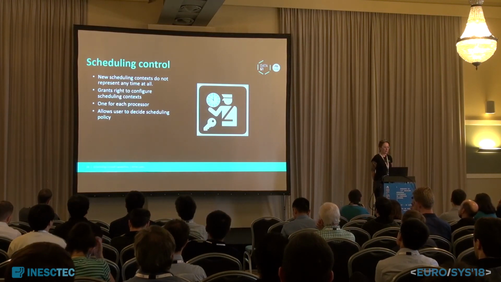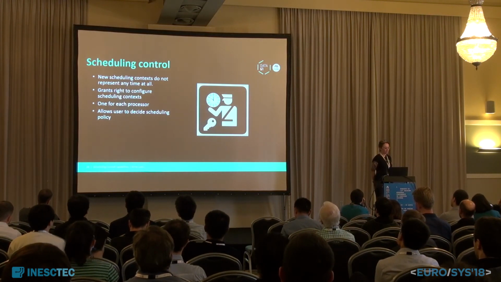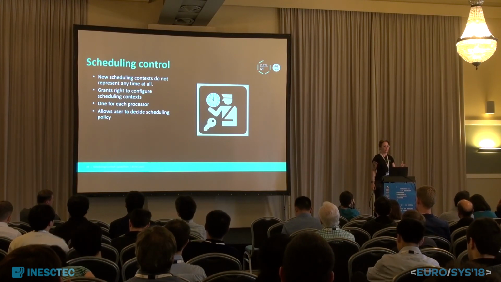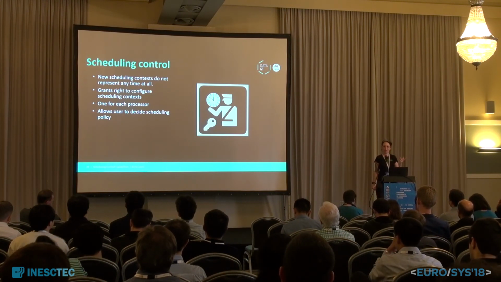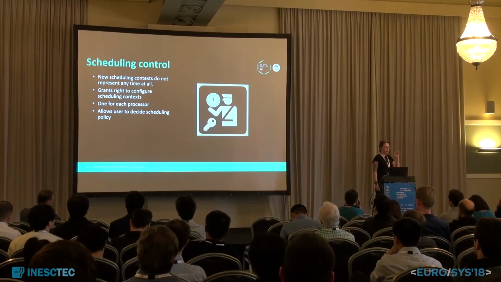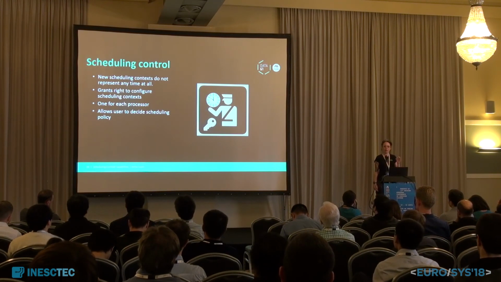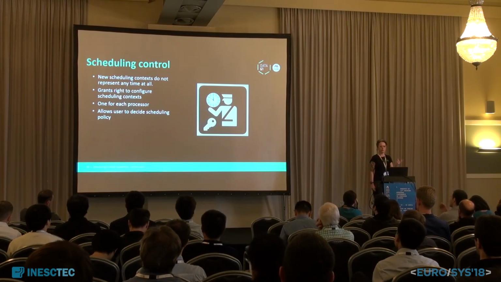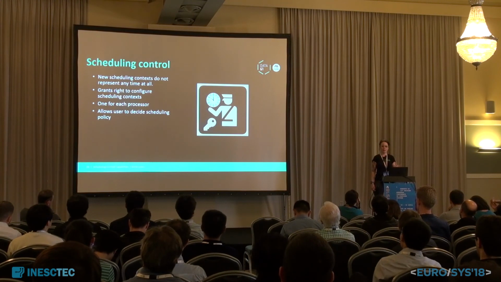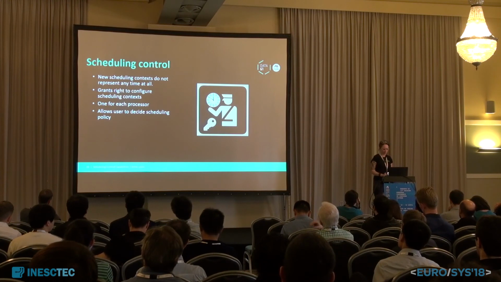Now, we also add a new capability called the scheduling control capability, because when you create a scheduling context, it's a memory object, but it's all zero. It's not worth anything. So anybody with memory can create a scheduling context, but good luck, you can't do anything with that. So you need this scheduling control capability to configure a scheduling context for a specific core. So the initial task gets one scheduling control capability for each core, and then it can run admission tests or configure the scheduling policy at user level, at startup, or dynamically.